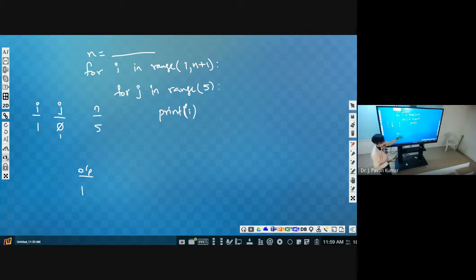Then it will print I. What is the value of I? 1. Next, j value will be incremented. Yeah, it will print in the next line. As we have discussed, print will print in the next line. So after printing 1, it will keep the cursor in the next line.